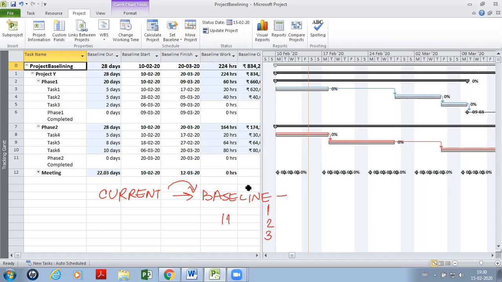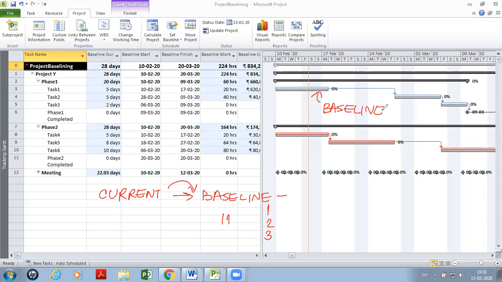On the right hand side, if you observe, you have a gray colored bar now below the blue bar or the red bar. This gray colored horizontal bar represents the baseline. That is the reference.